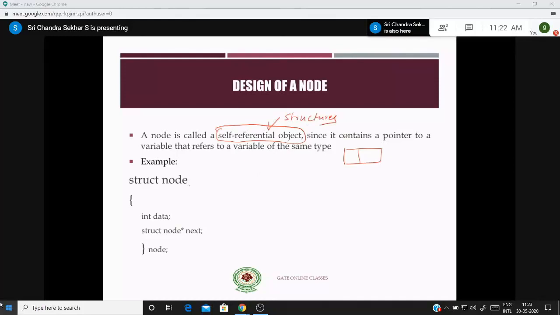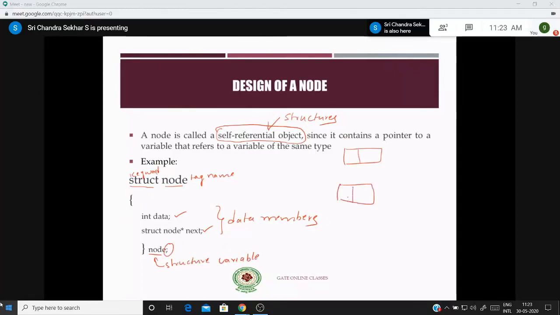This is how we define a structure. Everybody is familiar with this structure definition. struct is a keyword and node is a tag name. After the keyword you open the braces, and these two elements are called the data members of the structure. Then we end it with a closing brace and the structure variable, and it should always end with a semicolon. Everybody knows this. Assume I want to create a node with two parts.